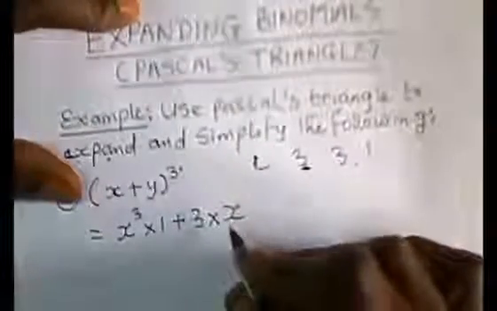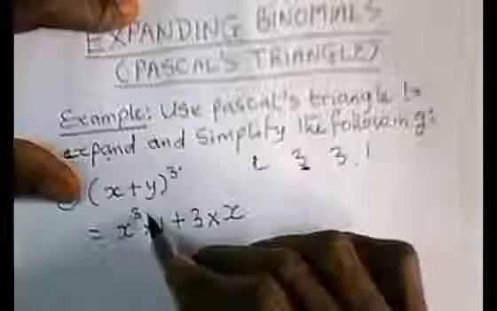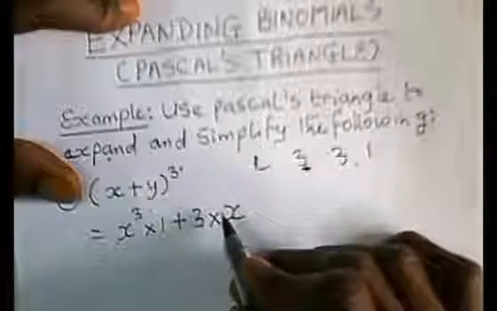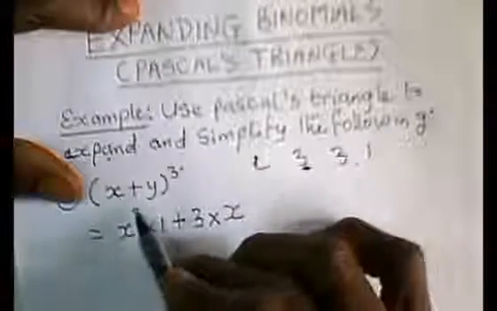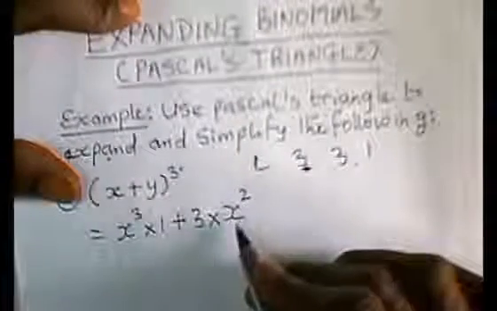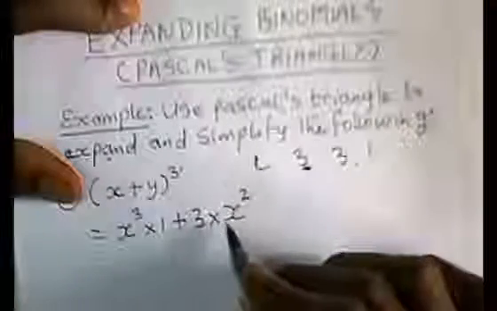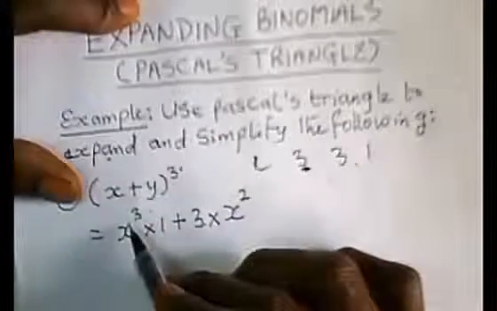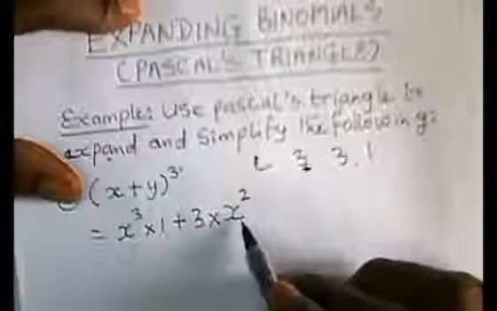Now in this second term, the power of this x cubed is going to reduce by 1. If we subtract 1 from the power, it gives us x squared. So we take our 3 to multiply the x, then we go to the first term, take the value we got there and reduce the power by 1, and there you have it, 3 times